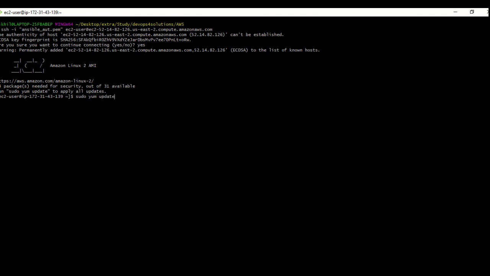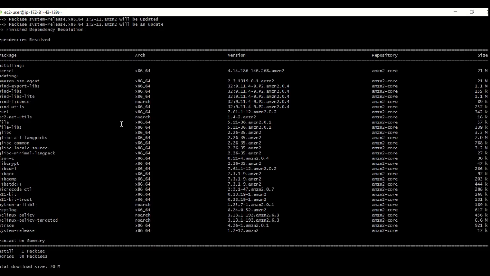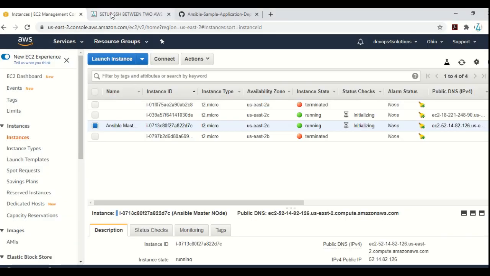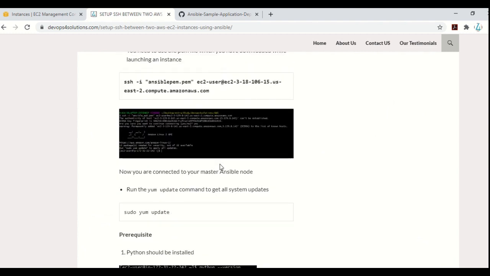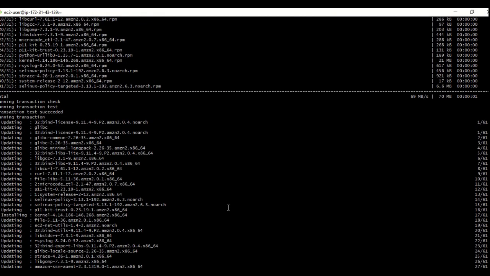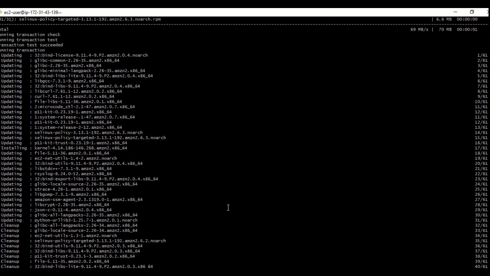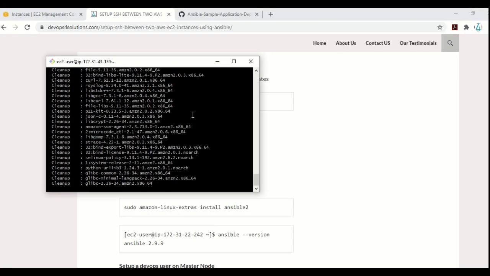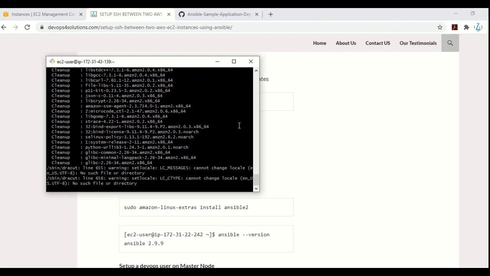As soon as you connect to these Linux machines, you always run sudo yum update so that it takes all the updates which are pending on this particular machine. So we did this step, we are able to connect and we did the yum update. The next step. The prerequisite for running Ansible commands is you need to have Python installed on your machine. For these AWS AMIs, Python is already installed. But if you are using any other Linux instance where Python is not installed, then you need to install it. As you can see, the sudo yum update command is still running.